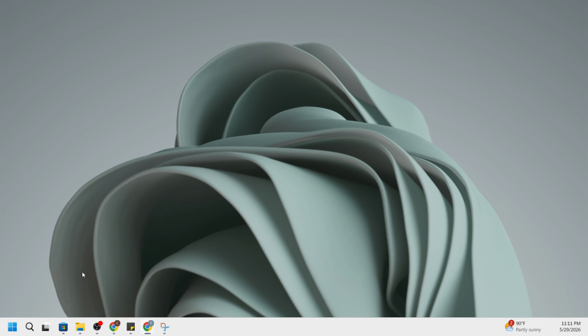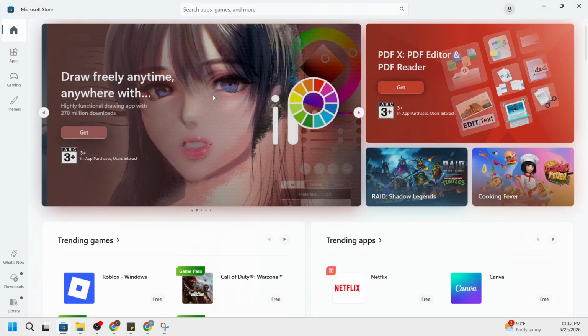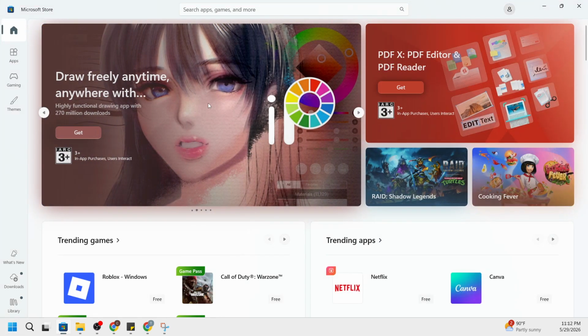First, launch the Microsoft Store. On Windows, the quickest way is to click the Start button and begin typing Microsoft Store, then select the app from the results. You might also see its shopping bag icon on your taskbar or Start menu. Make sure you're connected to the internet, and if the store asks to update itself, let it finish before continuing.